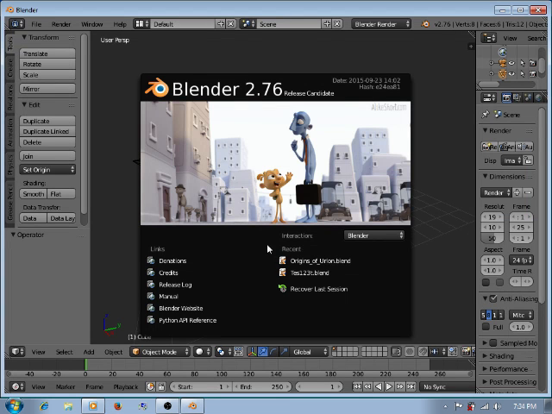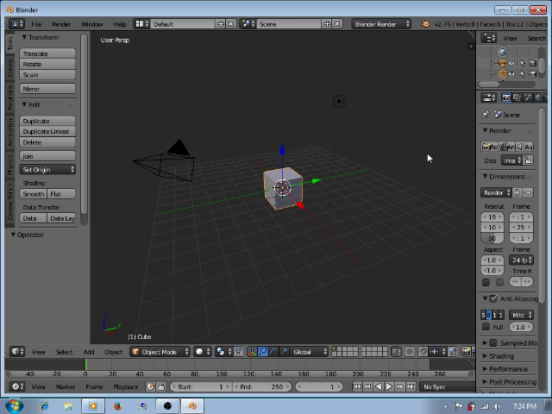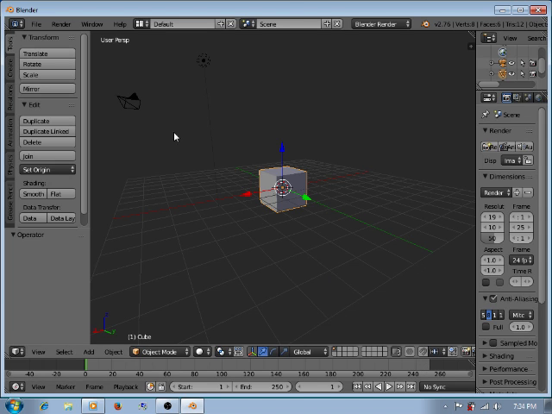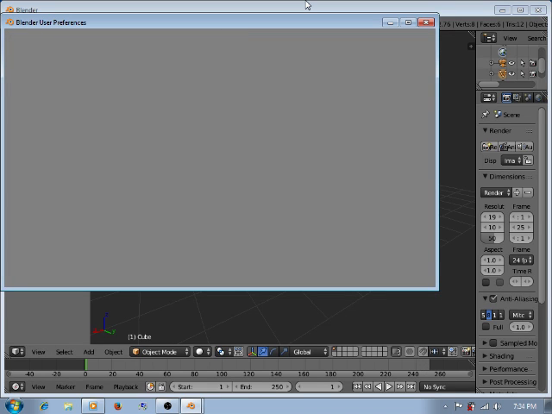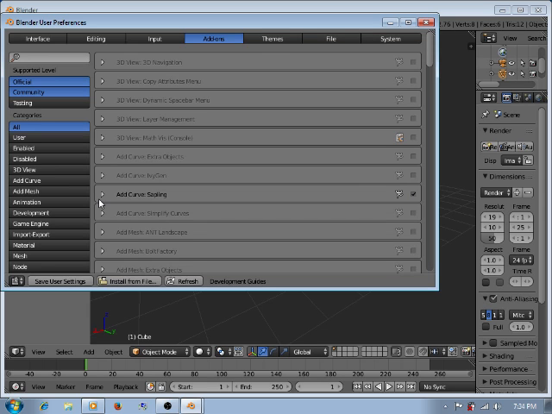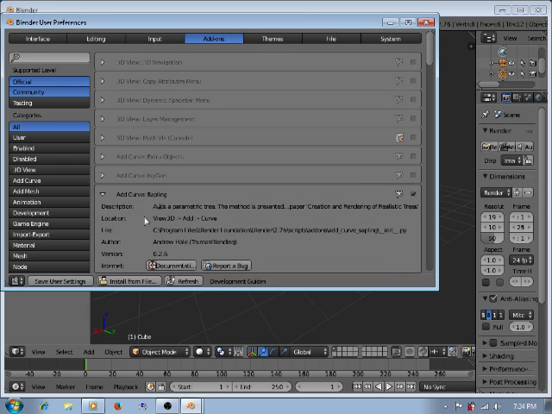We have Blender. So for my game, I have trees, I have water, I'm working on sky, so I can show you what I've been doing. I'll go ahead and show you how I've put in skies and water and stuff like that. So if you head on over to File, User Preferences, and wait for it to load. So right here, Add Curved Sapling. Just want to check that off. So that's where you can make trees.